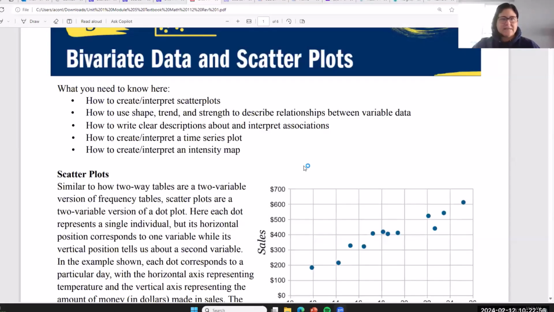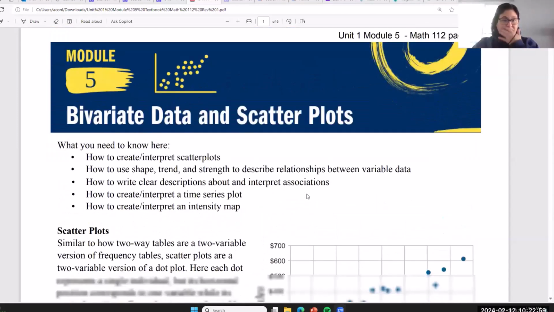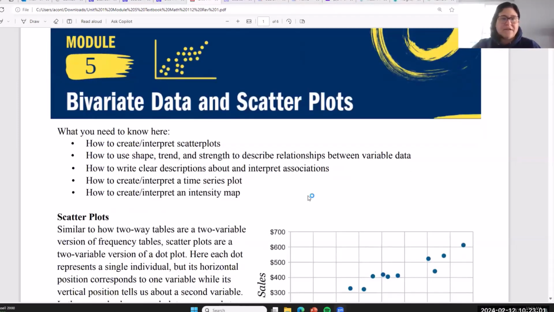So let's go to share screen. Let me make sure you can see my screen. Can you guys see it? This is our text for bivariate data